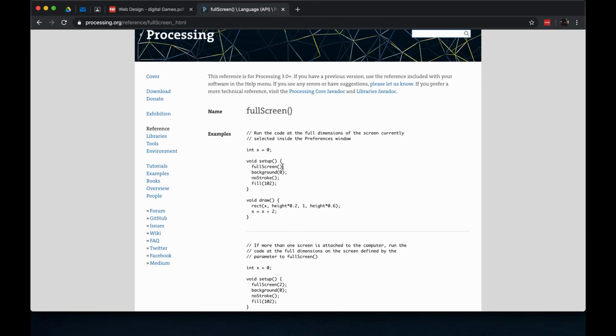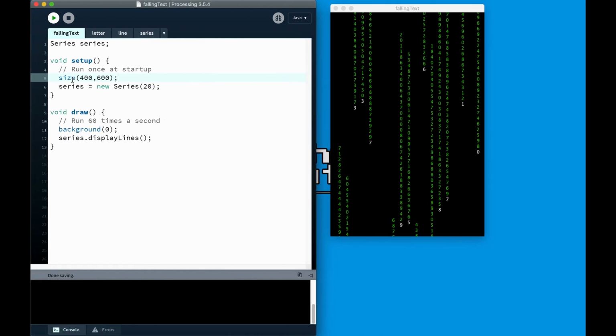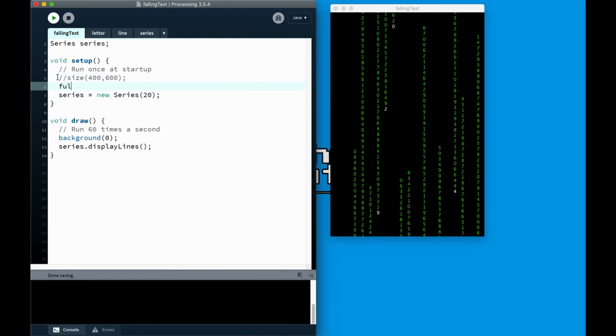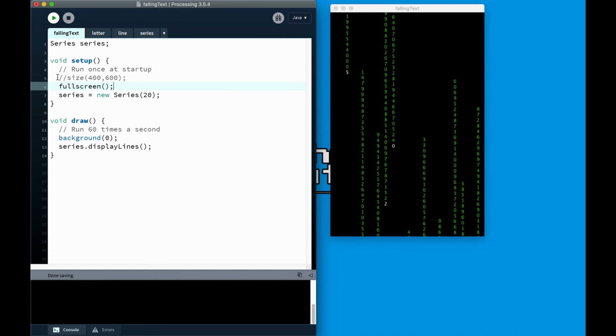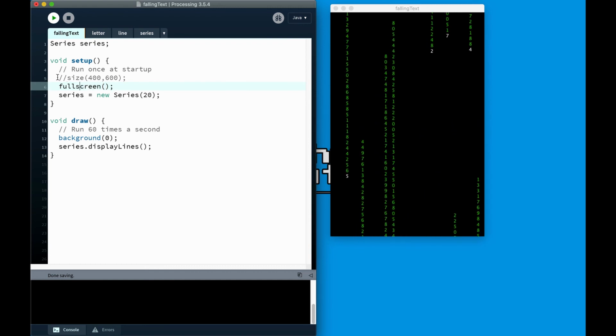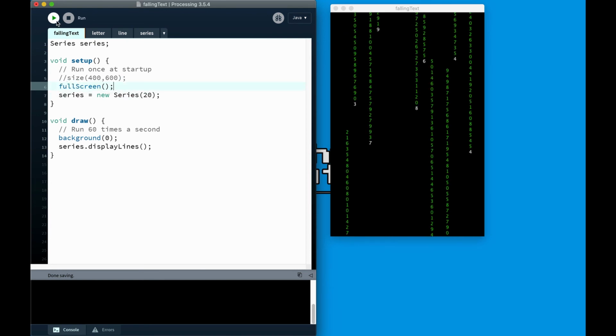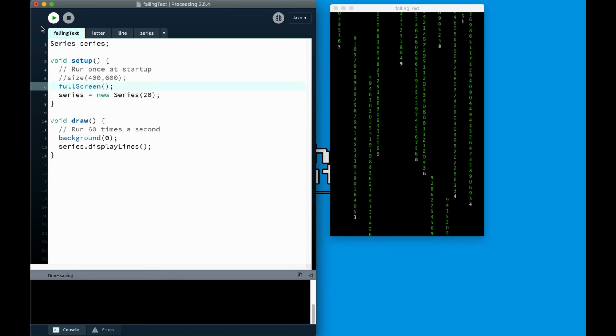Cool, so you can just say full screen. Okay, so let's get rid of size and let's say full screen. Do I need a capital S? Yep, so you can see it changed colour there when I put the capital S in. So now if I hit play,